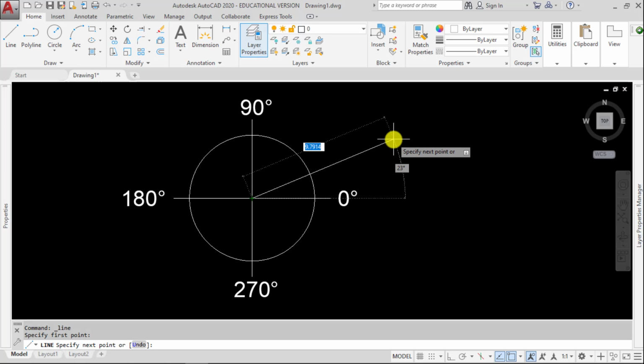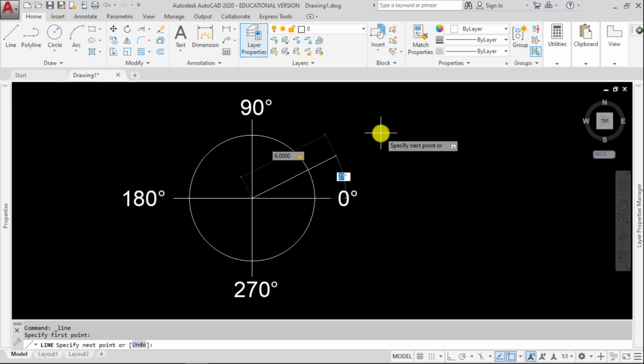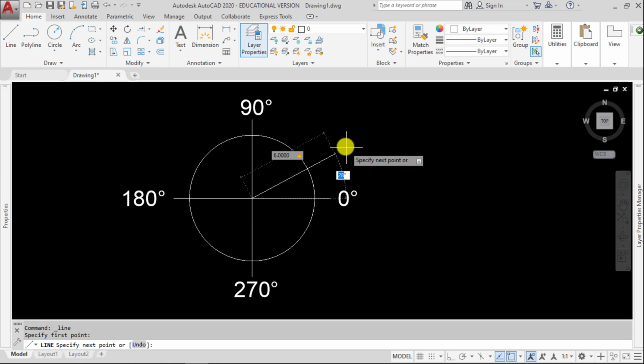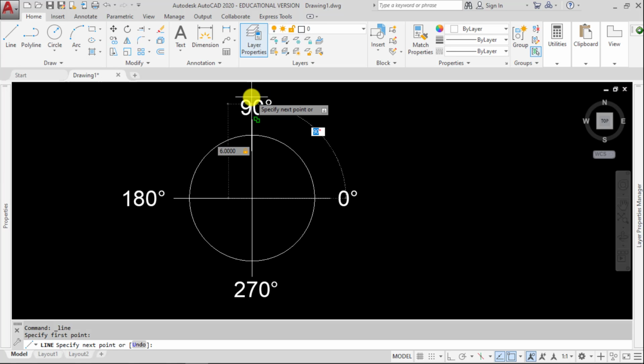If I see my dynamic input, the first blue box that I have currently, 9.7914, is my length of my line. If I hit tab, I get to my angle, and I can alternate by hitting tab between those two. So if I change my distance to, let's say, 6, hit tab, now I can change my angle, or I can use my mouse. And we can see that that angle is measured from my 0 down here up to 90,